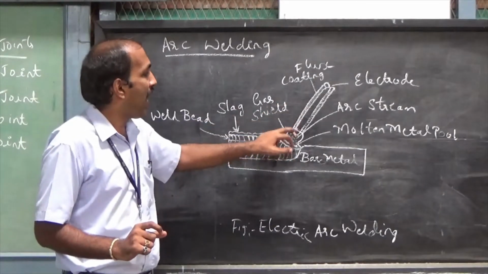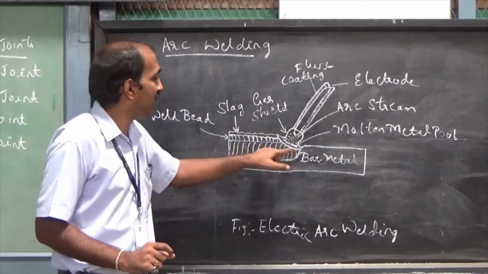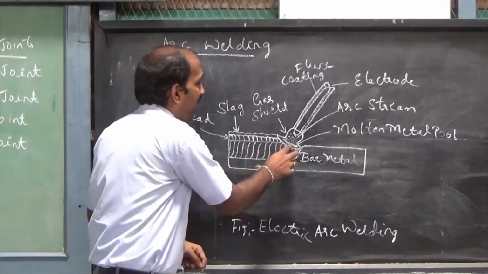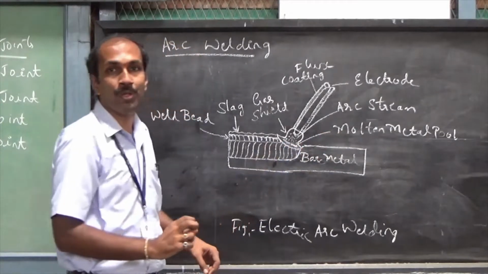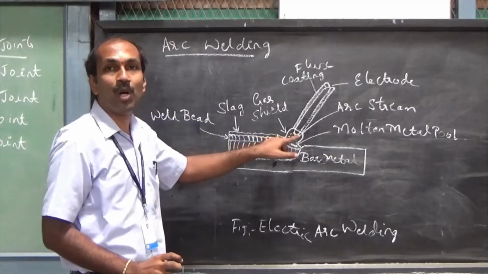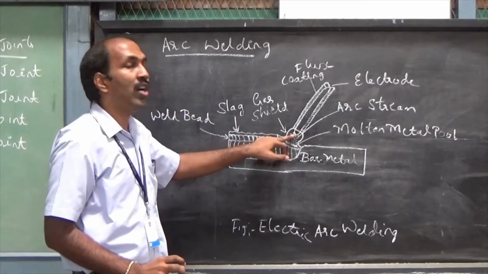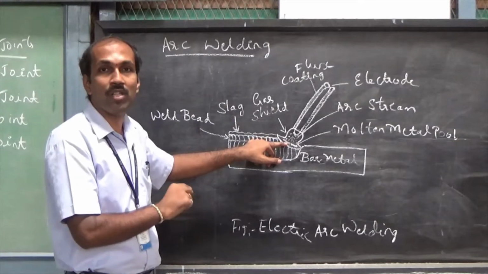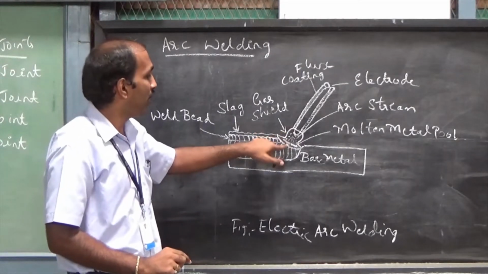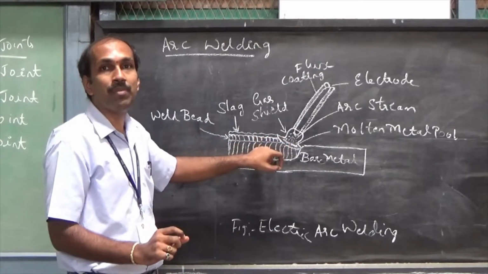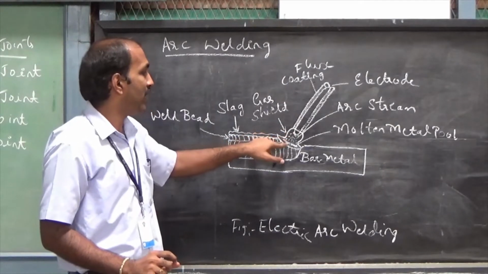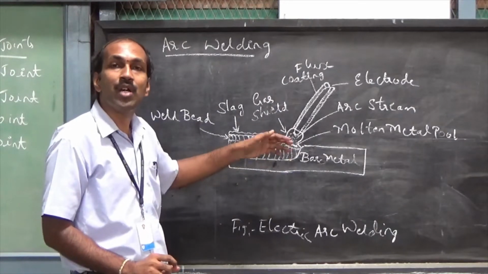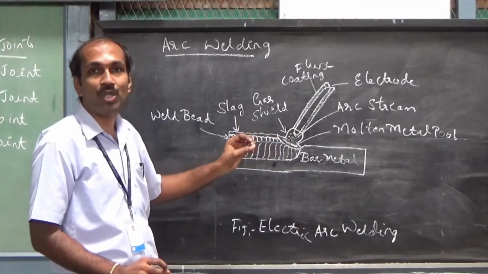When the arc is produced, the intense heat melts the surface of the workpieces and produces a small molten metal pool. You can see this is the small molten metal pool. At the same time, the tip of the electrode also melts. The molten metal of the electrode is carried over by the arc to the molten metal present on the surface of the workpieces. The molten metal in the pool is disturbed by the action of the arc and thoroughly mixes the base metal and filler metal. Once this molten metal cools down and solidifies, a strong joint is obtained.